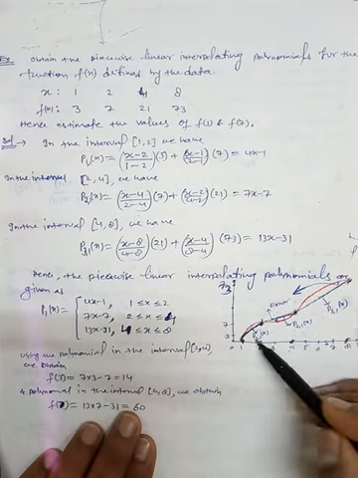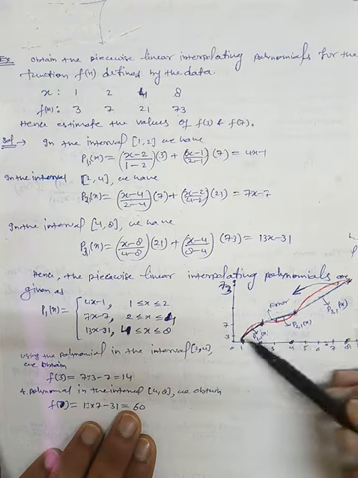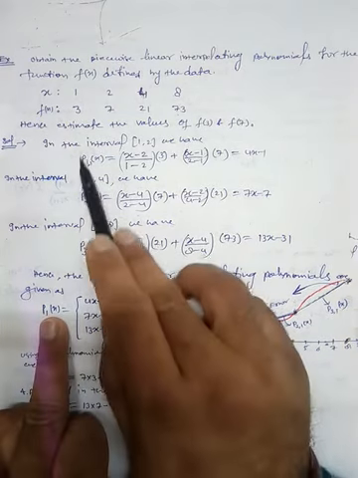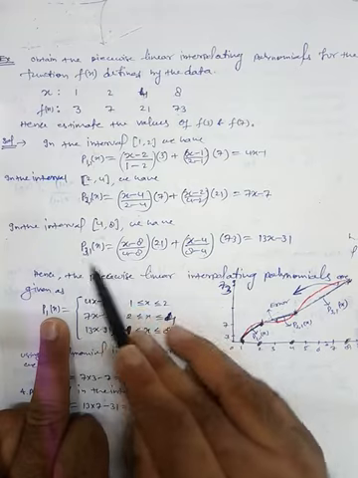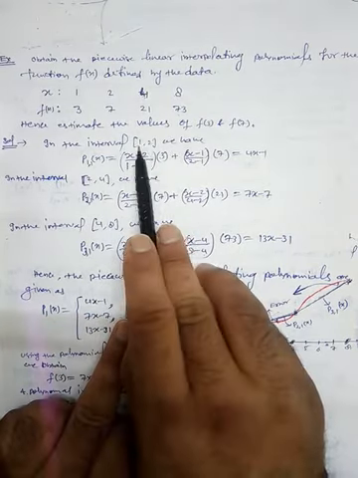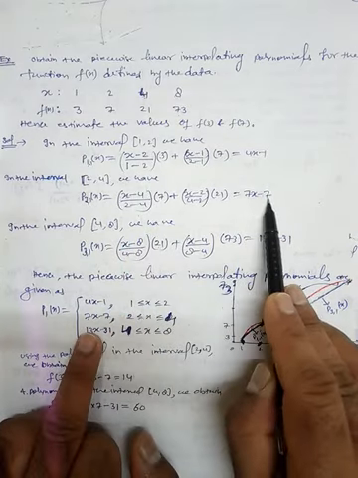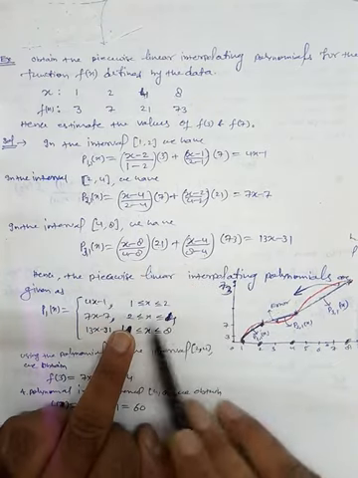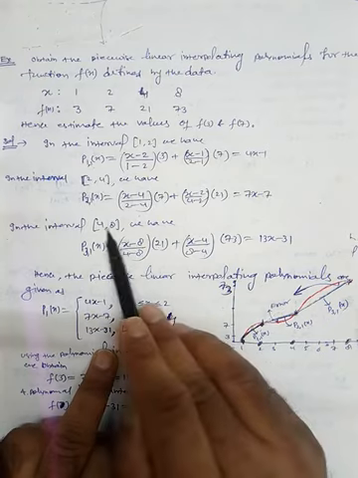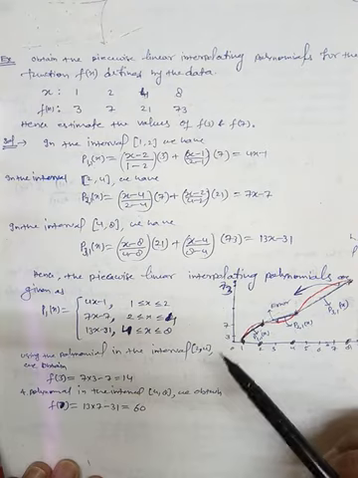So this, rather than P11, P21, I am writing this complete interpolating polynomial as P1(x), whose first part is this, second part is this, third part is this. So the first part is 4x minus 1, defined in the interval 1 to 2. The second part is 7x minus 7, defined in the interval 2 to 4. And the third part is 13x minus 31, defined in the interval 4 to 8. Okay, so this is the polynomial.